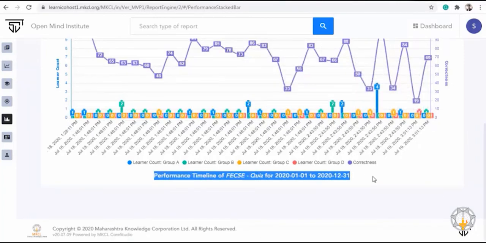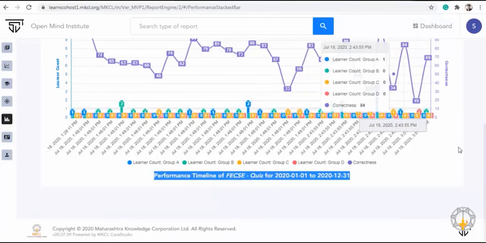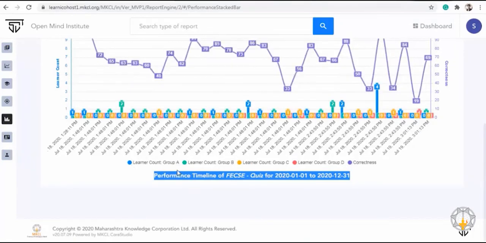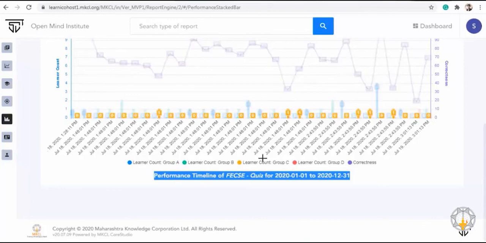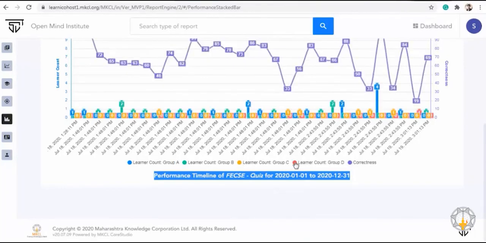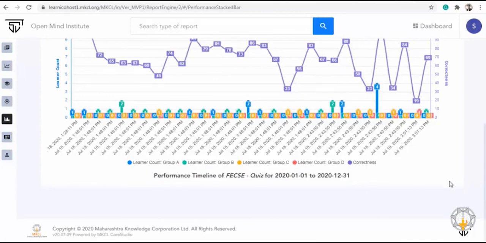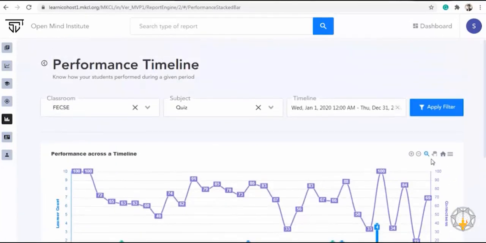This is called the performance timeline. All the details are color coded. There are zoom in and zoom out options present here.